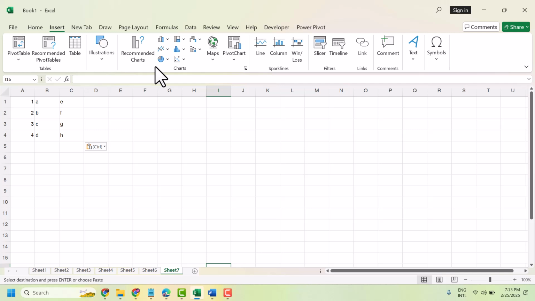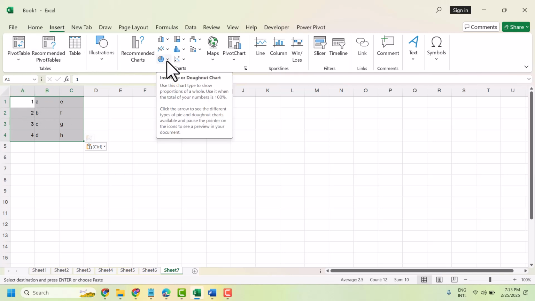Hello friends, today in this video I will show you how to insert a map chart in Excel. So very easily you can insert it by following a few steps. Firstly, you need to click on insert, and first select this area. You need to insert it like this text. Select your text and click on insert, and this option,